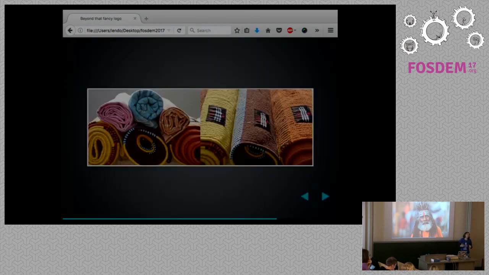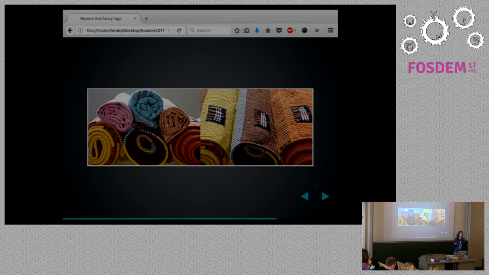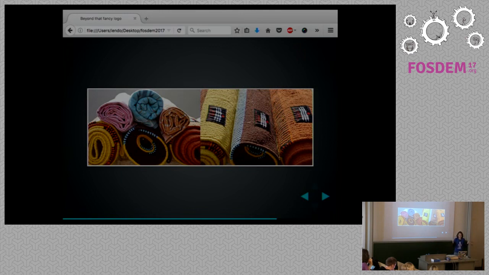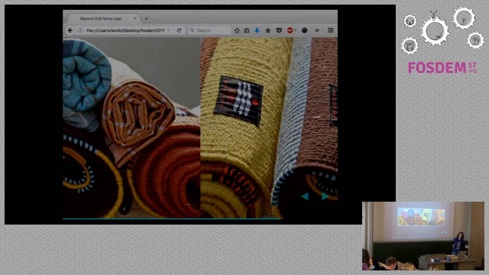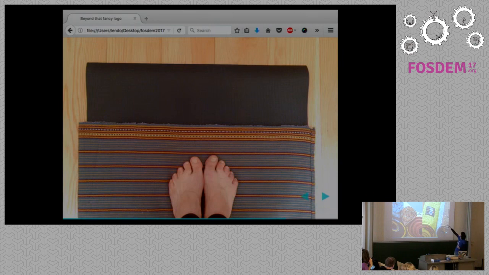So the Jois family was delighted with the logo. They loved it because visually it was really appealing. It referred to the Indian tradition, to the Hindu tradition, and to their own tradition as a family that belongs to this particular branch of Hinduism. So they just got really excited, and they took this logo, they put it on labels, and they proceeded to stitch the labels to all the stuff they sell, to their t-shirts, to their bags, not to their mugs, but also to the rugs, to those cotton rugs. So you can see the logo stitched to the rugs.